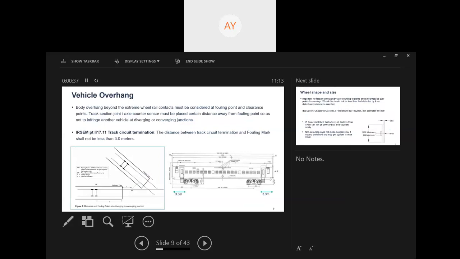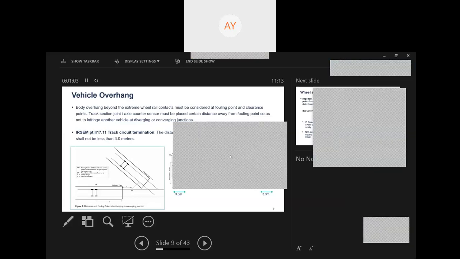Vehicle overhang. I also discussed in previous slides that this is the vehicle body which protrudes beyond the last axles, and this is a very critical parameter when you are looking at clearance points or fouling points on converging or diverging junctions. And this is the parameter which defines how far away from the fouling